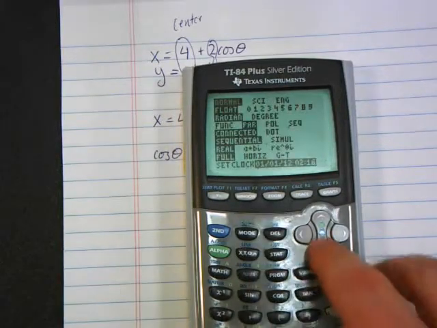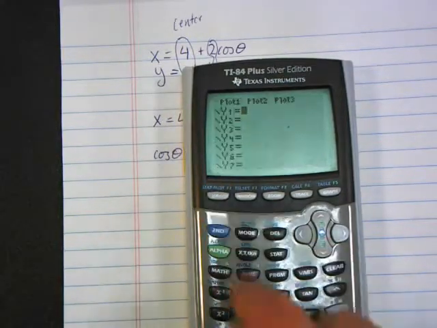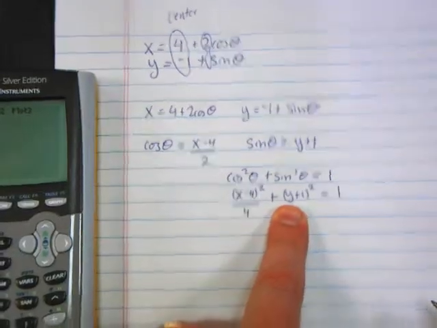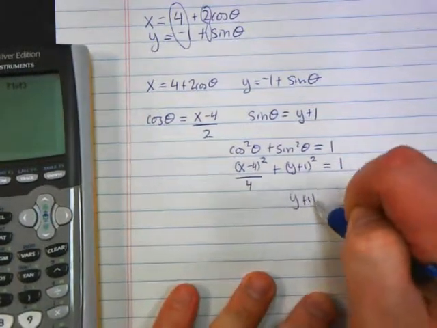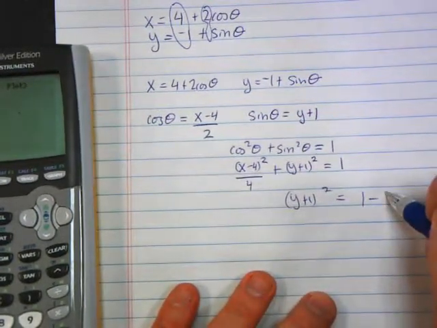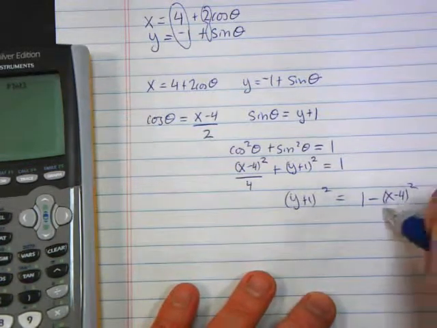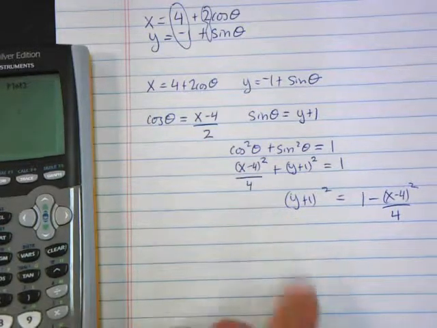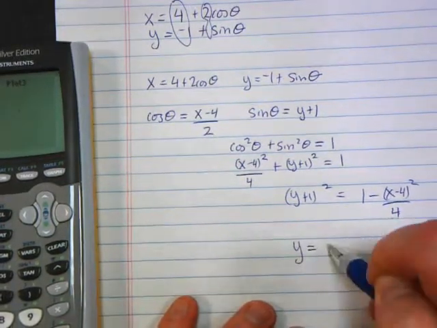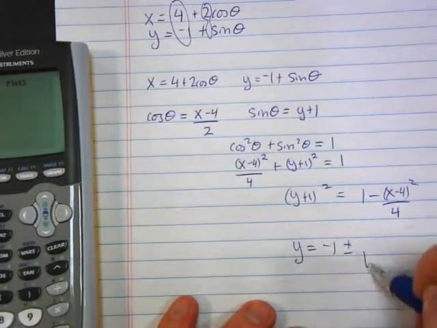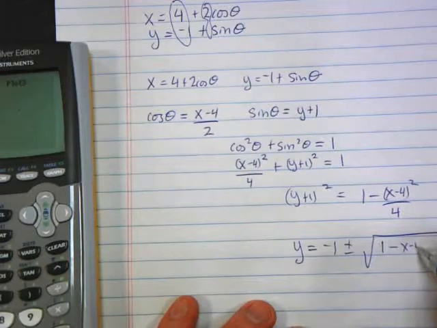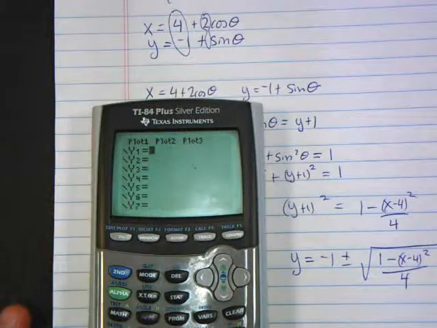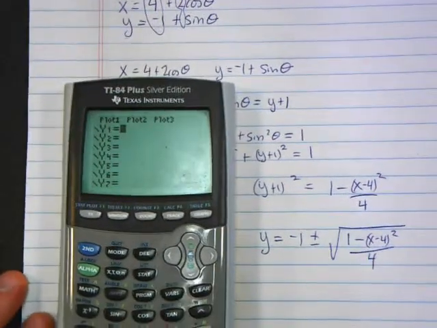Here's another interesting thing. What if I were to take this equation and get y all by itself? I would have y plus 1 squared equals 1 minus x minus 4 squared over 4. And then what would I have to do to get y all by itself? Square root and then subtract 1. So I'd have y equals negative 1 plus or minus the square root of 1 minus x minus 4 squared over 4. If we go back to the traditional y equals mode and we type that in, we get negative 1